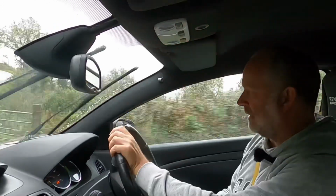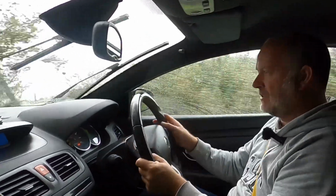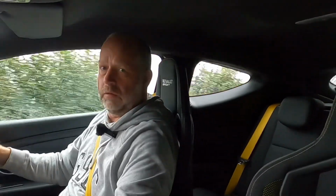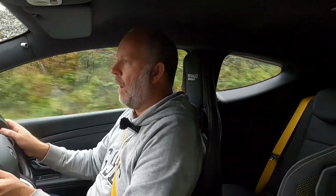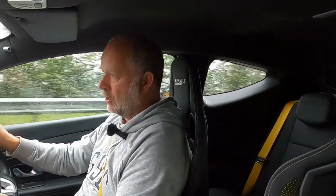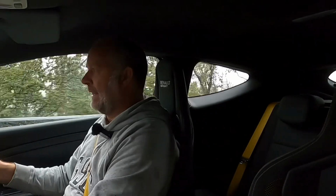So LSD, what is it in really simple terms? Well, most cars have an open diff. Why do they have an open diff? Well, it's to enable, when you go through a corner, the inside wheel won't travel as far as the outside wheel, therefore it needs to disengage. That's great when you're going through corners, but if you want to put power through those wheels, either front or rear wheels, and in an open diff,